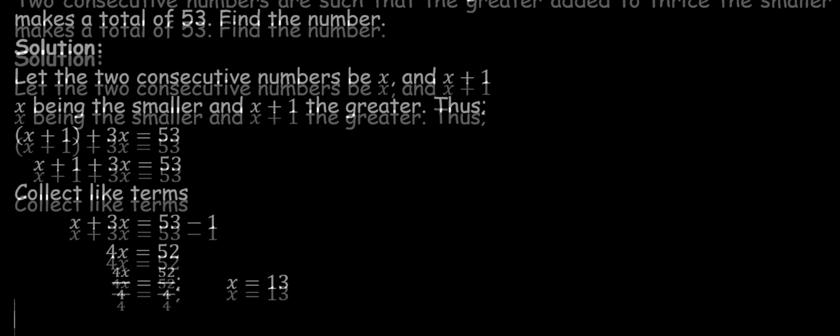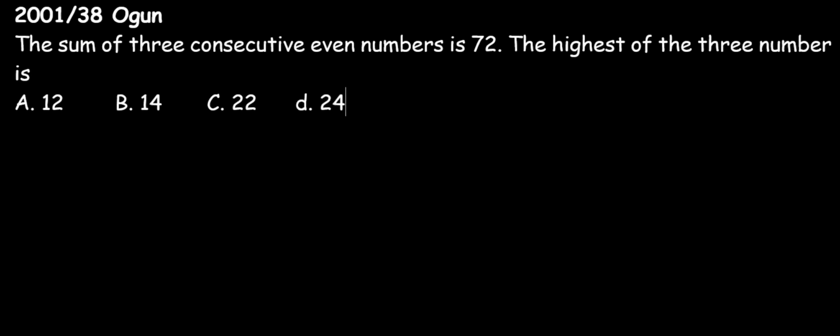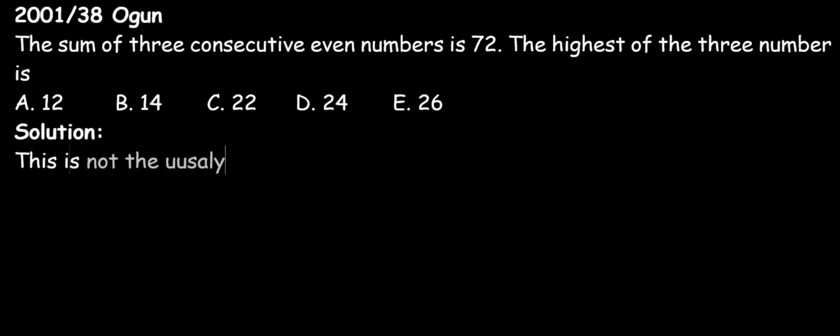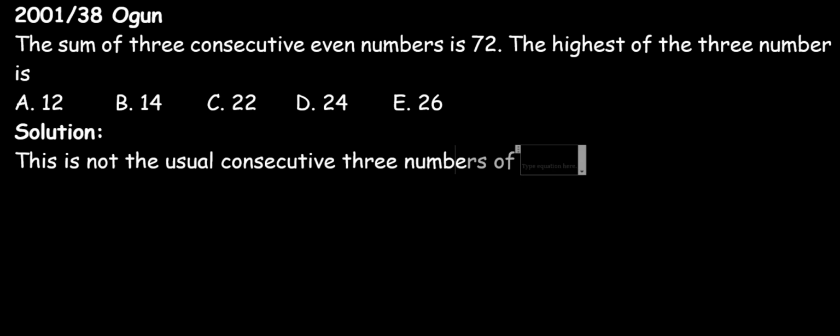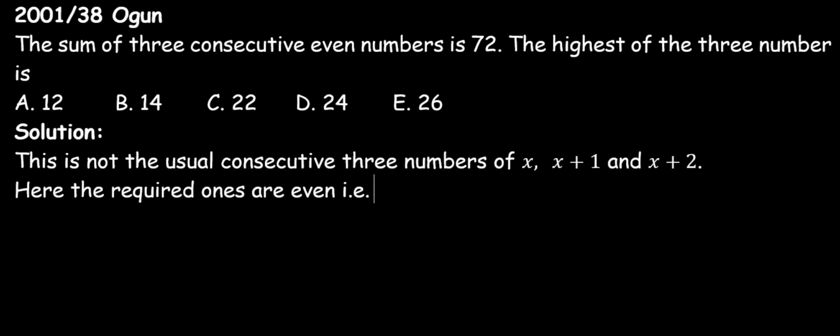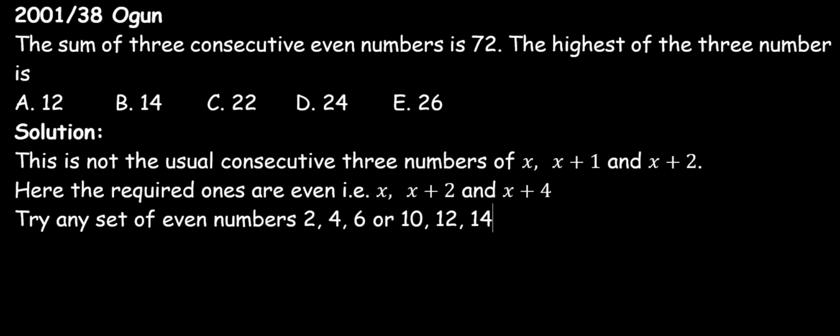Another example. The sum of 3 consecutive even numbers is 72. Find the highest of the 3 numbers. This is not the usual consecutive 3 numbers of x, x plus 1, then x plus 2. Here, the required ones are even. Once we have x, we have x plus 2, and next we have x plus 4. To prove your doubt, you can try any set of even numbers. Thus, we can now conclusively say x